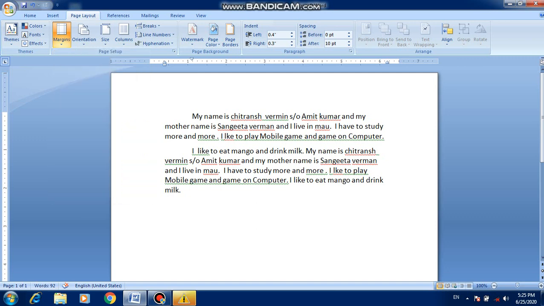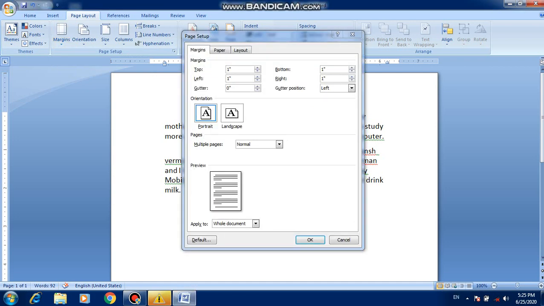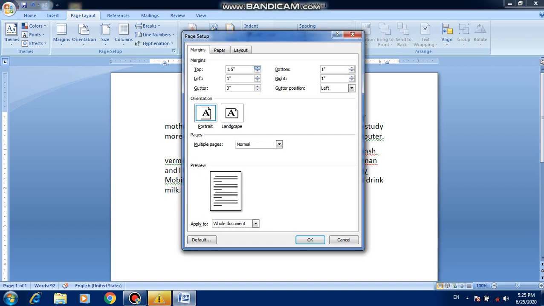In custom margins you can also set margins according to your needs. Here top margin, how much you want, 1 inch, 2 inch, 1.5, whatever you want. Left, bottom, whatever you want, set according to your needs. And after that click on the OK button.